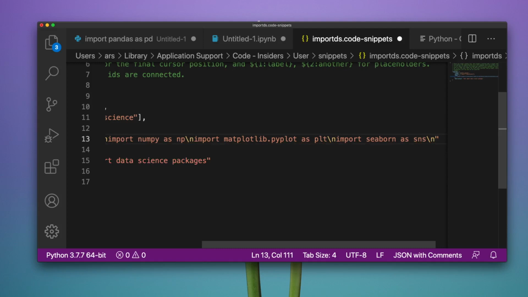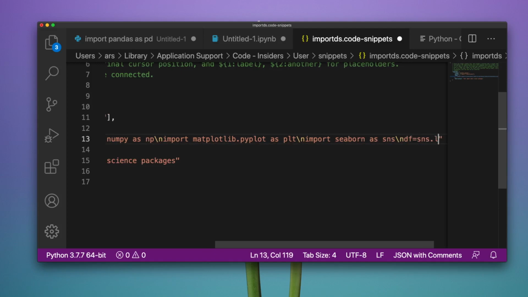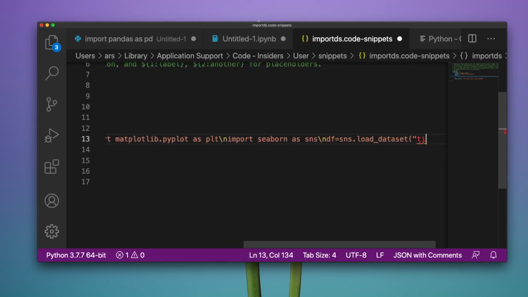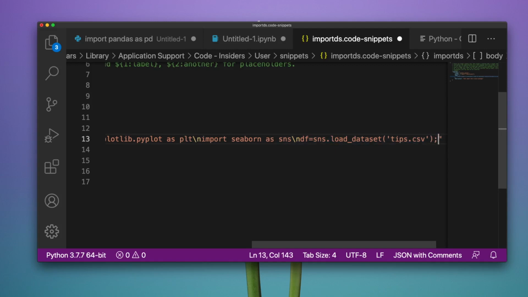Let's quickly say I want to say sns.df is equal to sns.load_dataset of tips. I should add tips, close it, tips.csv, and close it, and new line.